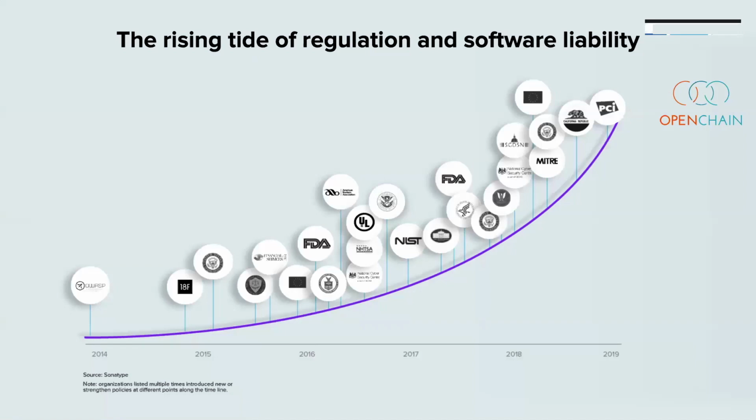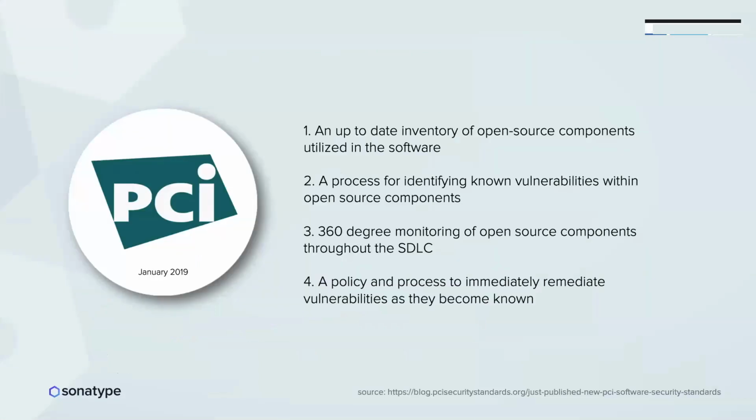But we're also seeing a rising tide of regulation. Lots of security regulation is appearing, things like PCI and all kinds of different regulation around specifically open source and being aware of vulnerabilities. OWASP was the first one to put it in, with the A9 back in 2014, out there in the OWASP Top 10. But we're also seeing things like licensing appearing through things like OpenChain, which is set soon to become an ISO standard. So a whole load of regulation to be aware of.